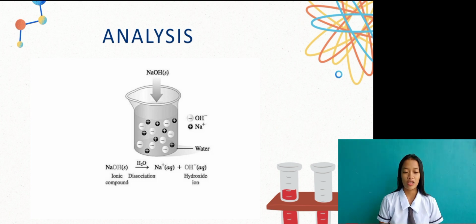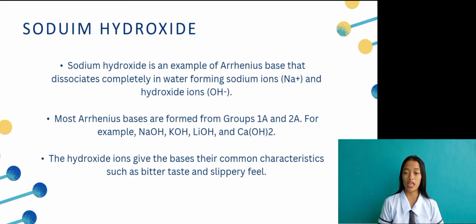Sodium hydroxide is an example of an Arrhenius base that dissociates completely in water, forming sodium ions and hydroxide ions. As I said earlier, when sodium hydroxide is put in water, the ions break apart, so the sodium separates and the hydroxide ions separate too. Most Arrhenius bases are formed from group 1A and 2A of the periodic table. For example,